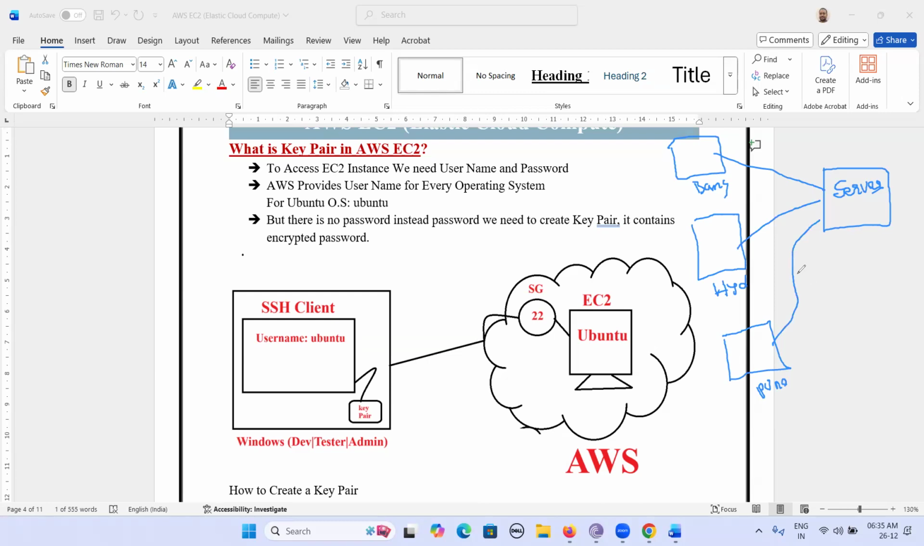Usually we use a username and password to connect. Let's say this is user one, user two, and user three, or developer 1, 2, 3, or tester 1, 2, 3, or admin 1, 2, 3. Every person has a username and password to connect to this machine. Yes or no? So to connect to servers, we get a username and password. But